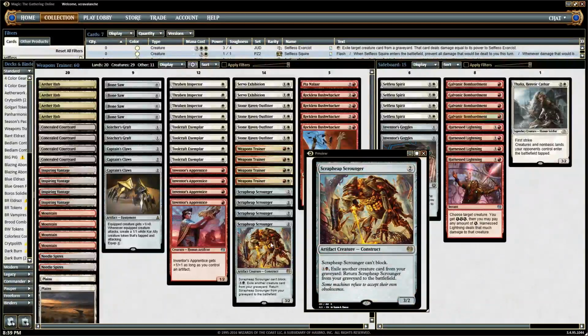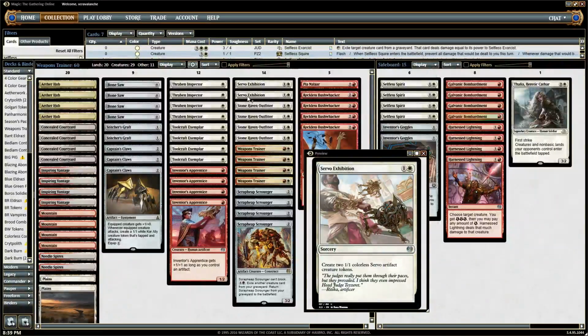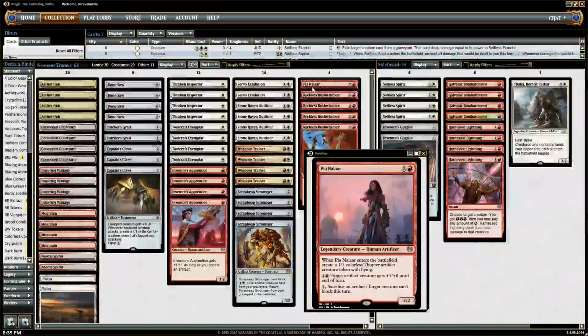However, Scrapheap Scrounger off a Weapons Trainer is still attacking for 4, which is the same thing you're getting off a Servo Exhibition. So I think that you want to play probably one or the other in the 4 copies, and then the other one be kind of the auxiliary card. And I think in this case, Servo Exhibition is just not as good as the Scrapheap Scrounger. And just 1 Pia Nalaar, because we are running more like 18 lands